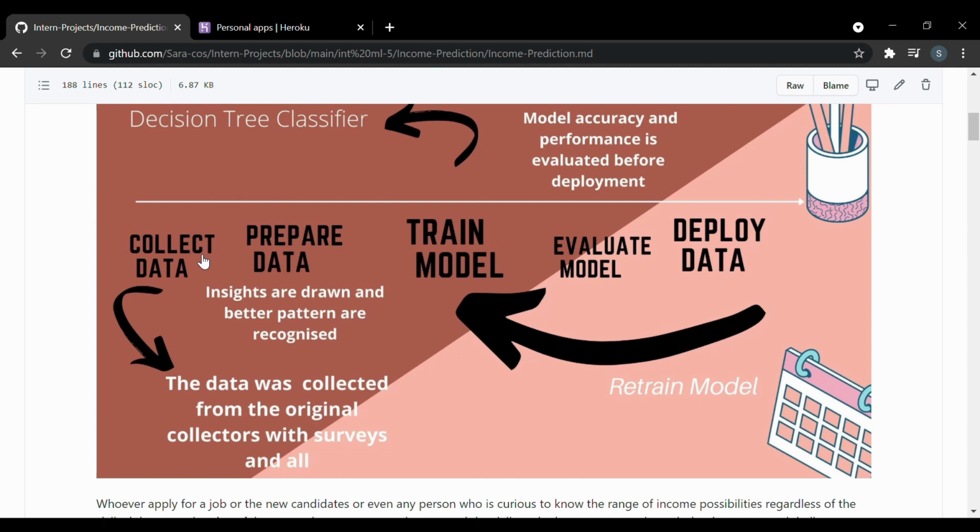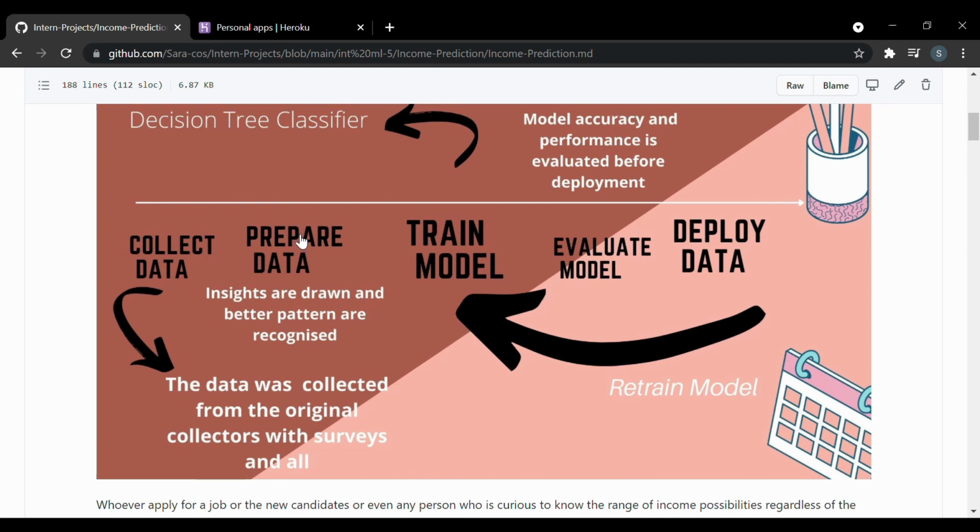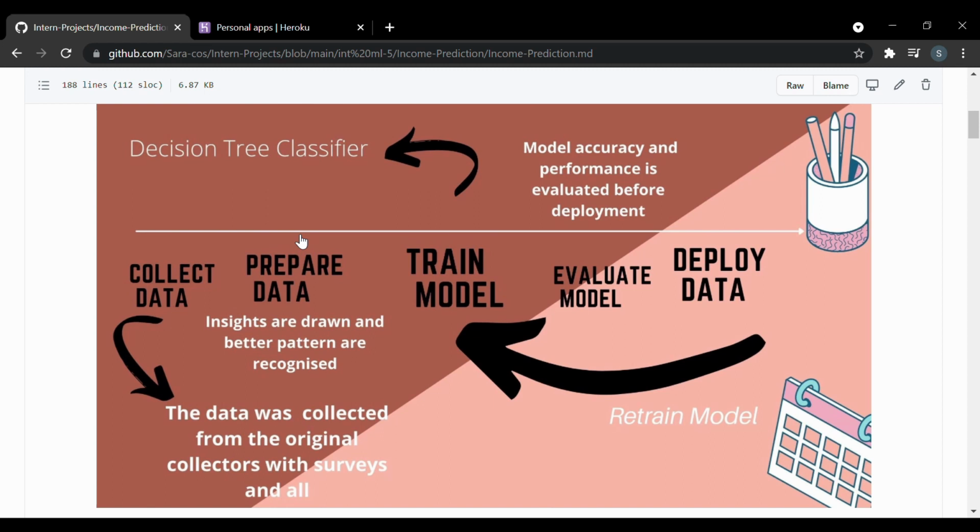which could be present on the web already, or a company might be getting the data from the customers or something. That is the part of collecting the data, which is very much required to start the whole thing. Preparing the data is about cleaning, going through exploratory data analysis, looking at what is in the data, what the patterns are, and understanding the data, and then cleaning the whole thing